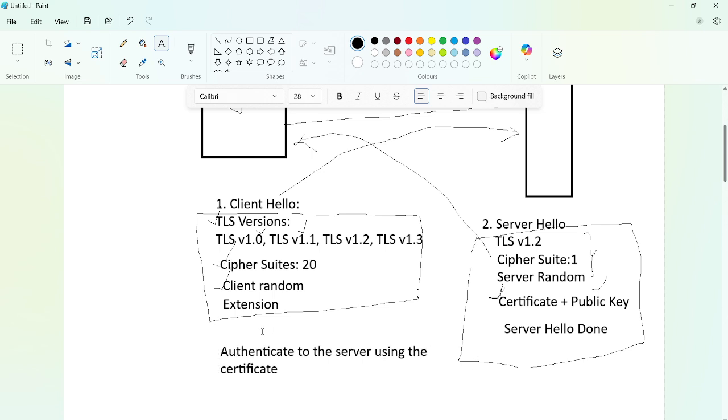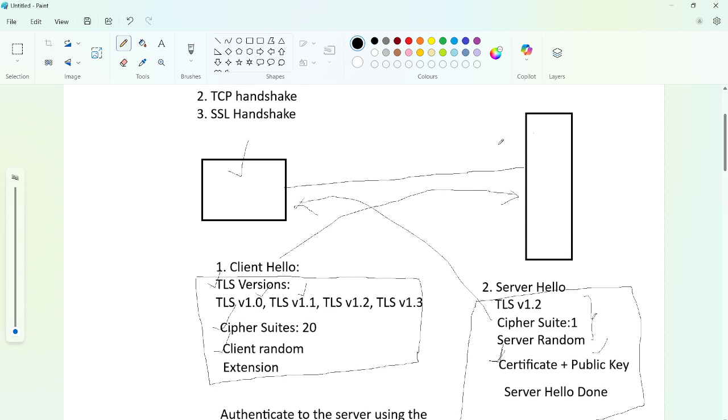Okay, so why do we need authentication? In order to know whether we are receiving the traffic or the packets from a legitimate server or not. I told you, right, the server will be on the internet. Maybe we are receiving the request or server hello from different servers. Maybe there are some spoofing servers out there.